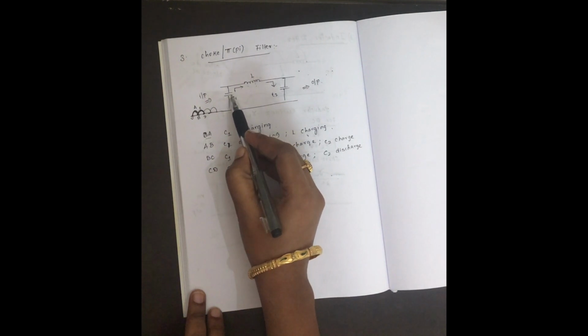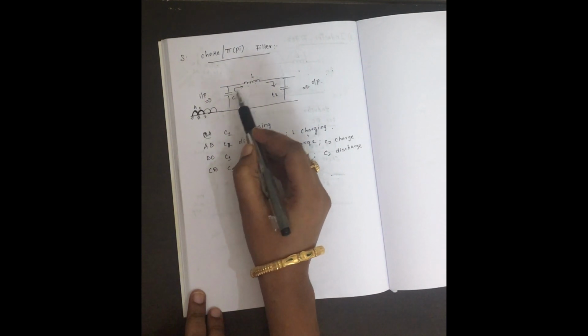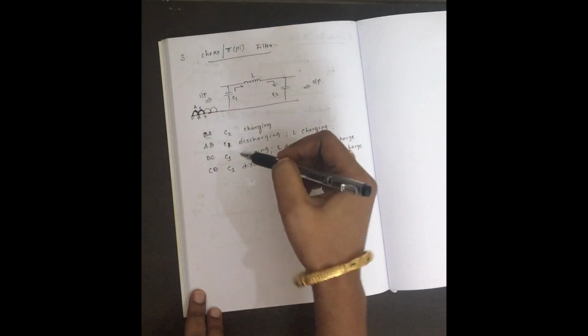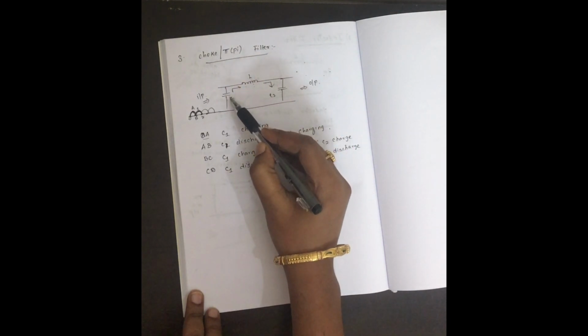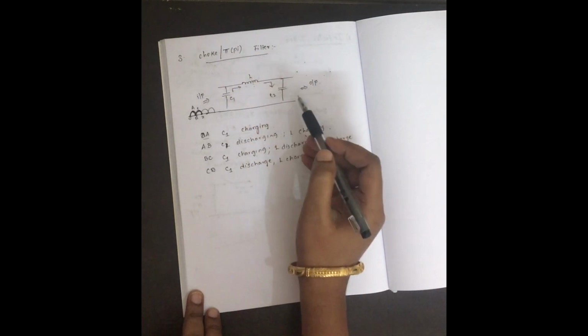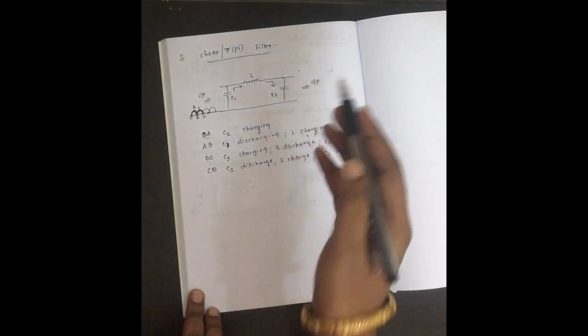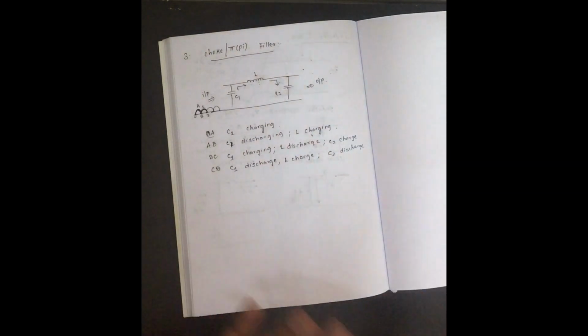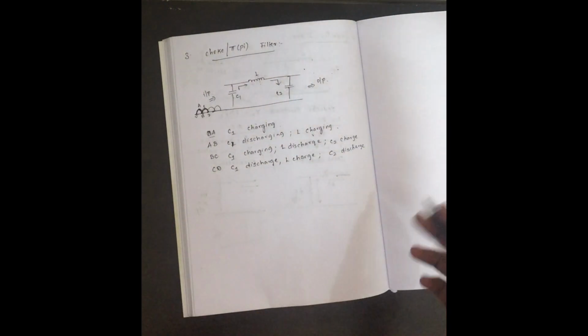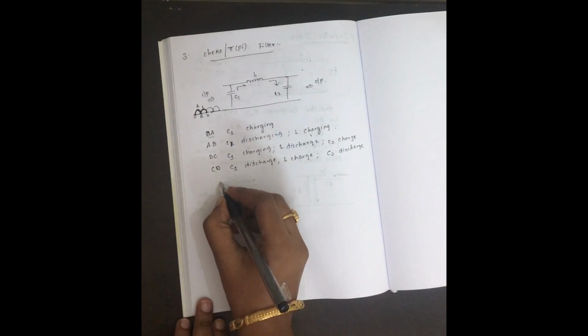First this will charge, for the next signal it will discharge, and this will charge, and for the third signal this will charge, this will discharge, and this will charge. So this process of charge and discharge will continuously take place. Okay, so